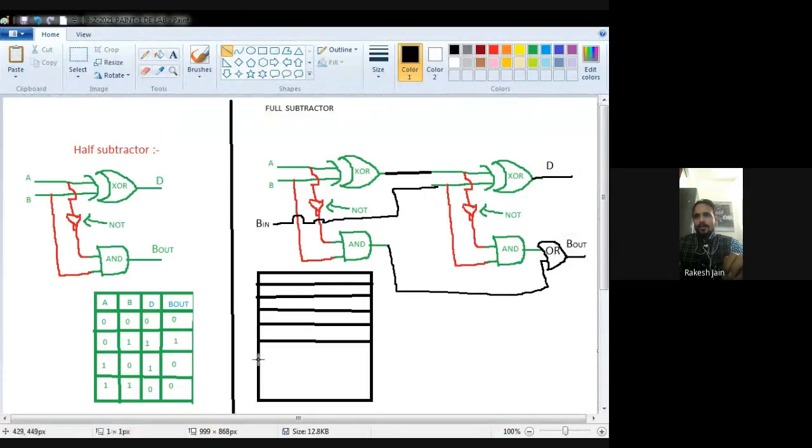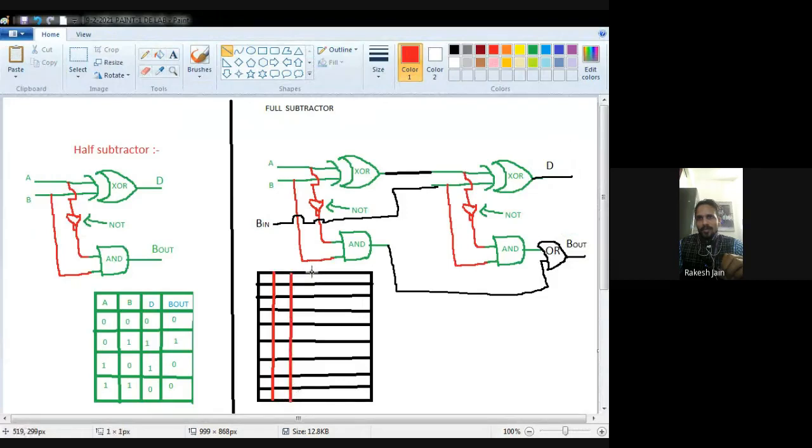Now if we talk about the truth table, when we perform this on Multisim software, first we require two XOR gates, then two AND gates, then two NOT gates, and then the Borrow output, and so on. For the truth table verification, because there are three inputs, 8 possible combinations are there. So see very carefully.